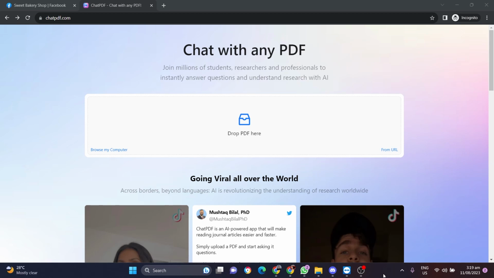Everyone, in this video tutorial, I'm going to show you how to upload a PDF document to ChatGPT effortlessly. Although it's not possible to directly upload a PDF document to ChatGPT, there is still a way to do it. I will explain to you that although you cannot upload a PDF document to ChatGPT, you can upload a PDF document